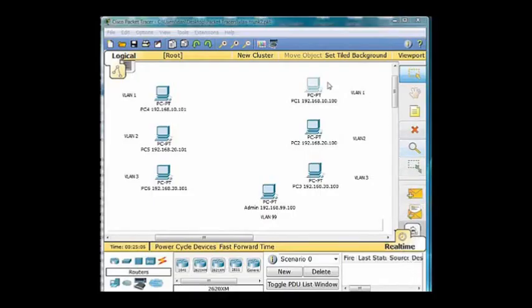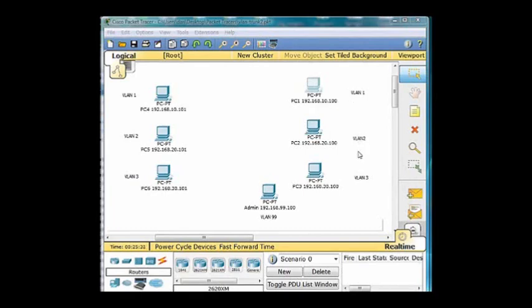Okay, we're going to configure this network for VLANs and trunks, and we've set up so far with some PCs, and just to explain a little bit how we're going to do this. This PC will be in VLAN 1, and this PC will be in VLAN 1, and you can see correspondingly, if it's in VLAN 1, the IP address is